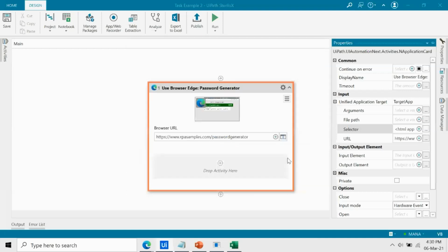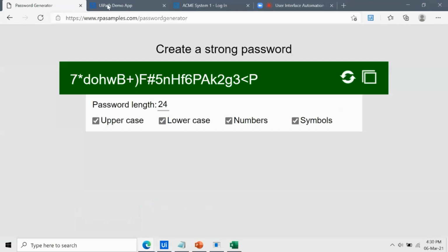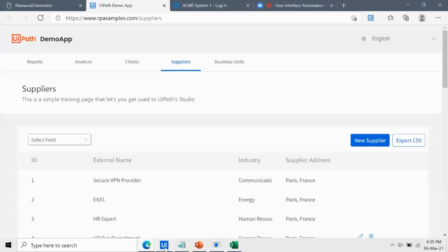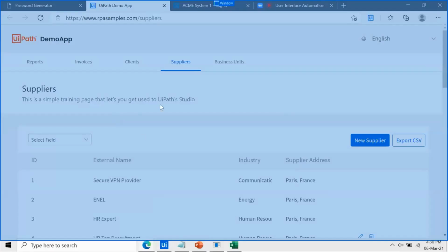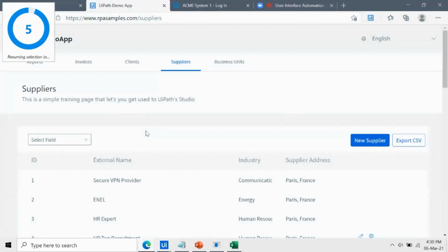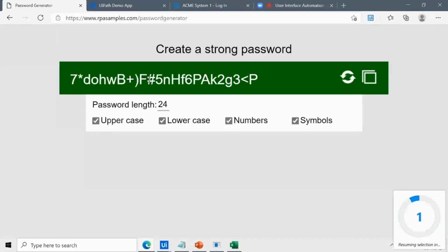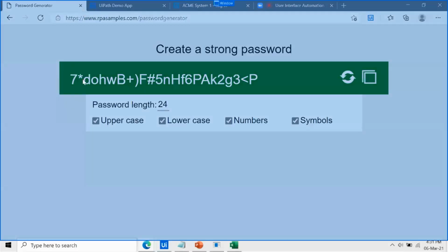Okay. So let's say that I have multiple tabs open. Okay. And I am right now trying to indicate the application again. So right now this is not the exact window open for me. So what I can do is I can press F2. It gives me a 5 seconds timer, and meanwhile I can open my exact window to capture on the screen. Okay.